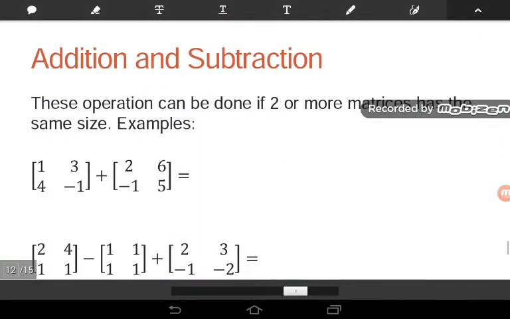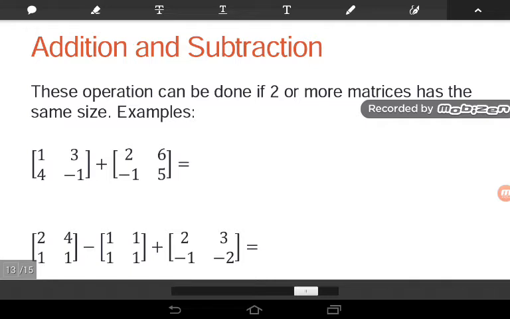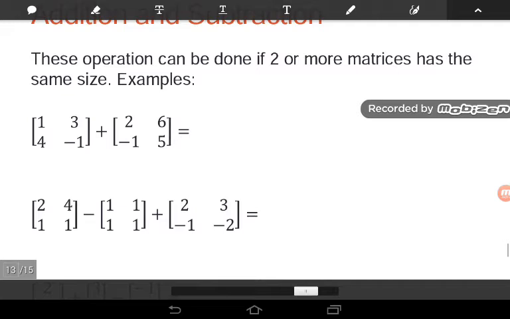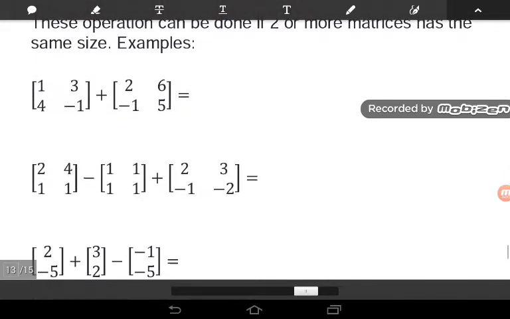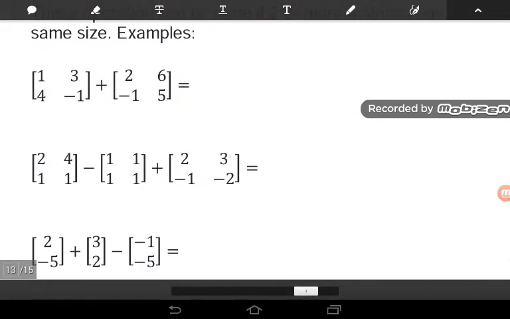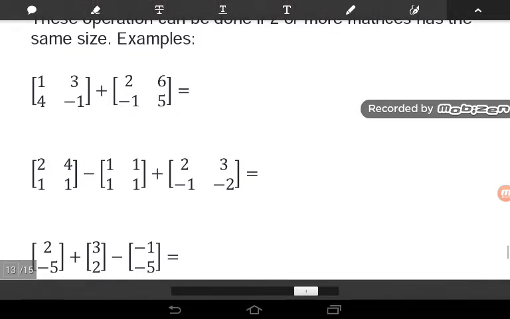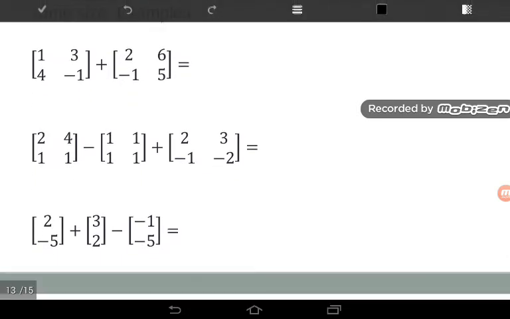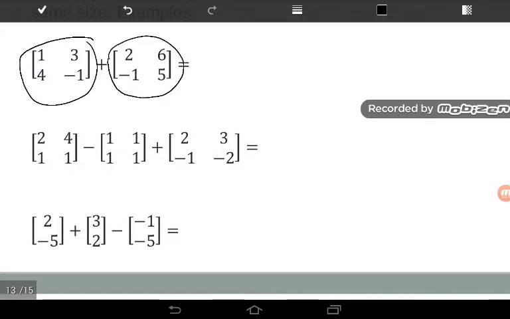Next, basic operations on matrices. First we go to addition and subtraction. This operation can be done if two or more matrices have the same size. For example, for the first one, a 2 by 2 matrix plus a 2 by 2 matrix. So the answer is